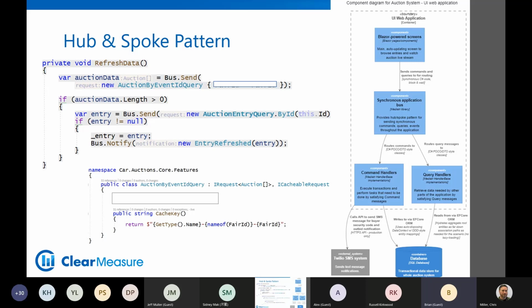Then we can also send a notification to any interested party that this entry was refreshed. This car that we're selling in the auction was refreshed. Some of the data changed about it, so you need to refresh it. So that's what that can look like. And this refresh data method is inside of a Blazor component. All right, let's keep rolling.